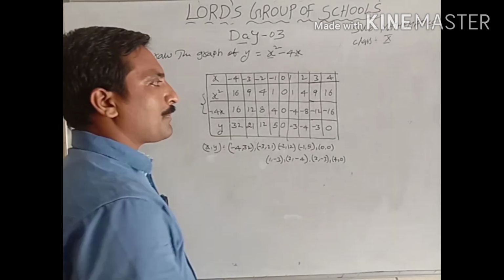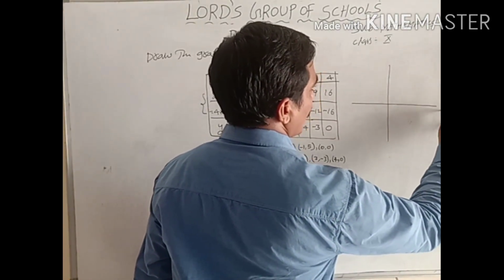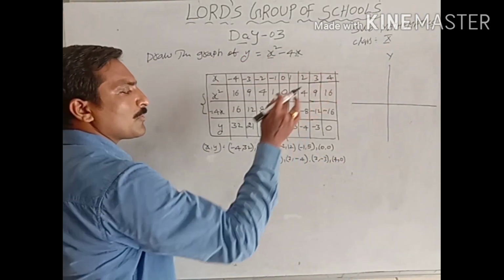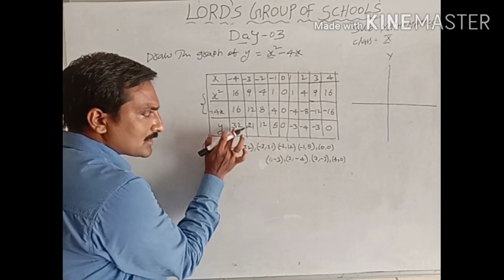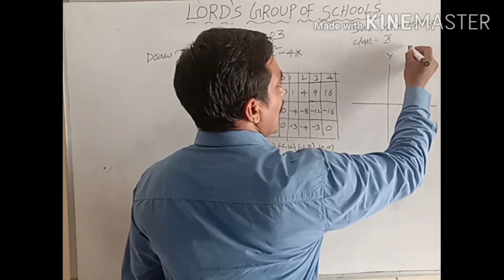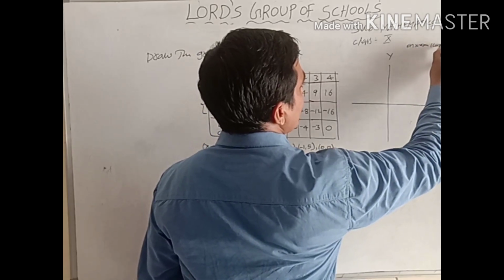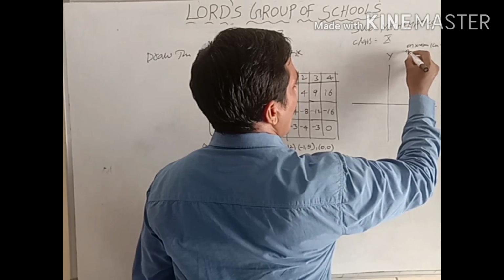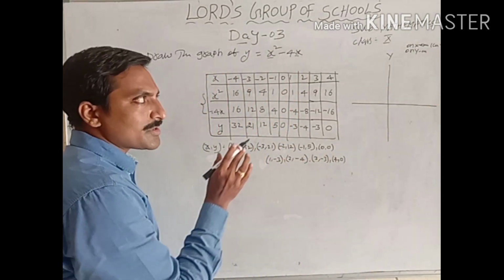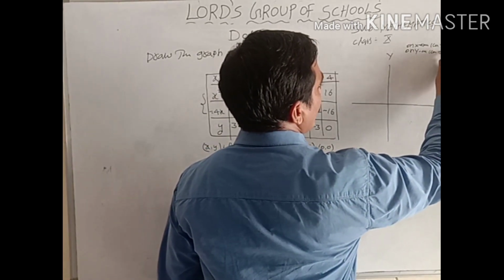Next you take a graph paper. X, Y. Now the x values are from minus 4 to 4. The greatest y value is 32. That's why on the x-axis you take 1 centimeter as 1 unit only. On the y-axis, up to 32 is not sufficient on the graph, so at that time 1 centimeter you have to calculate as 5 units.